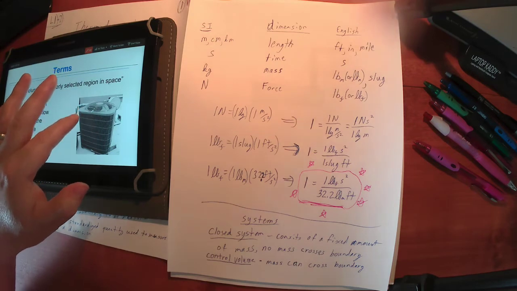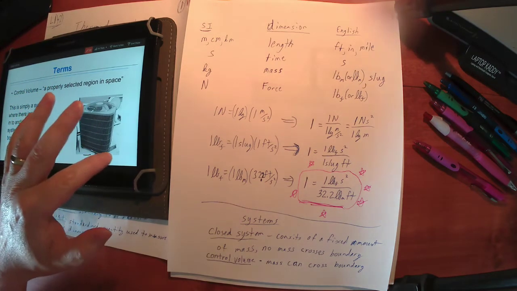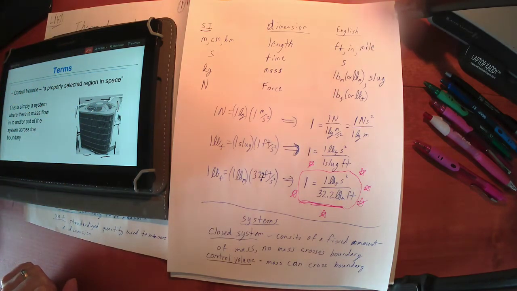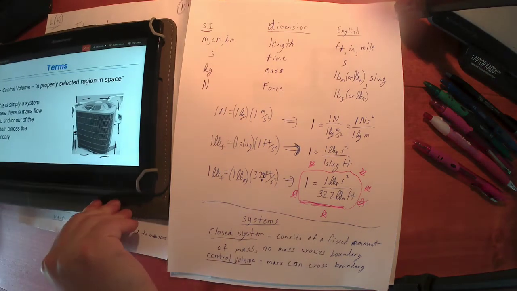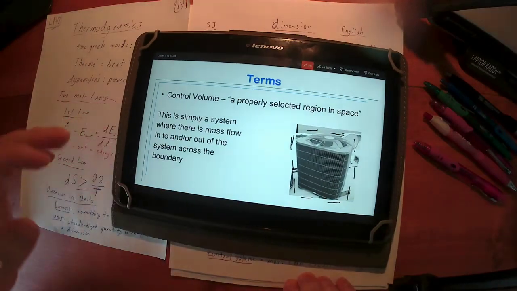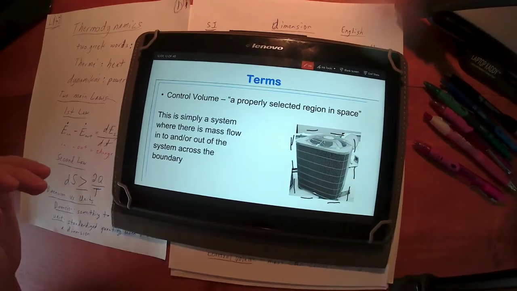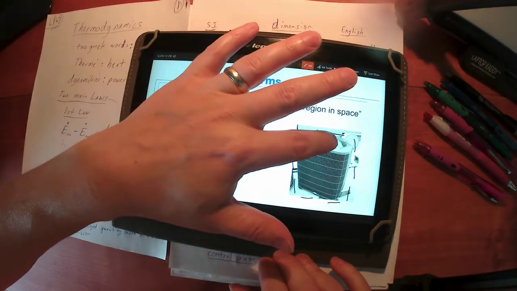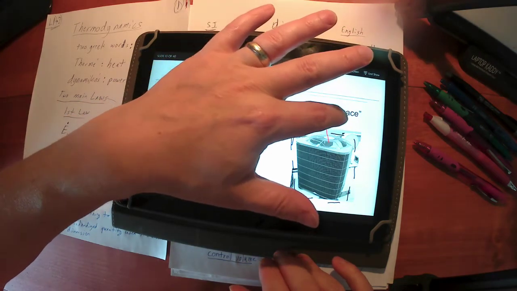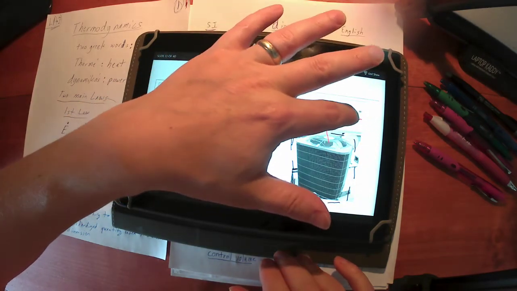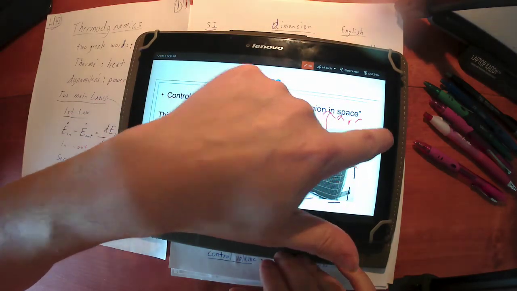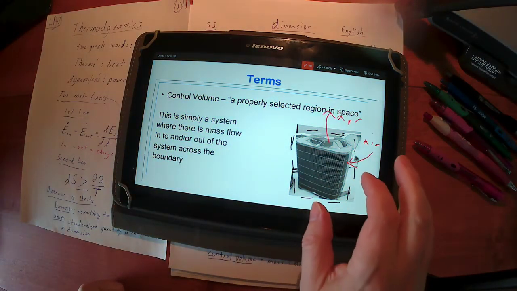I'm going to draw a system boundary around this cooling tower for an air conditioning unit. Okay? And this is a system. If this is my boundary that I've drawn here, mass is going to cross this boundary. We're going to have mass crossing this boundary, and that mass is going to come in the form of, if you stand next to one of these, you know you're going to have hot air coming out. And what it's doing is it's drawing warm air in through the sides, and it's using that air